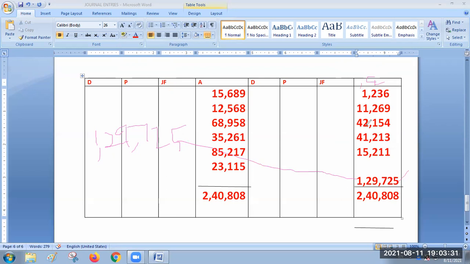3, sir. 5 plus 6, 11. 11 plus 9 makes it 20. 0 here, 2 will go to the top. 2 plus 1, 3 plus 4, 7 plus 4, 11 plus 1, 12 plus 12 makes it 24. Okay? Yes, sir. Very good. Now sales account you have completed. Yes, sir, completed, but I should balance. Now you balance, I will do. We will cross check. Yes, sir. Okay.